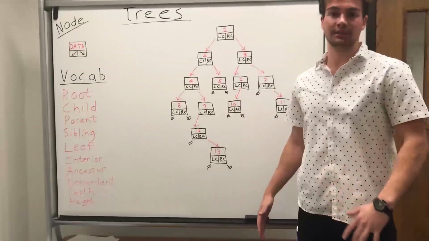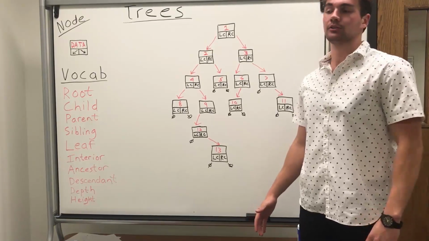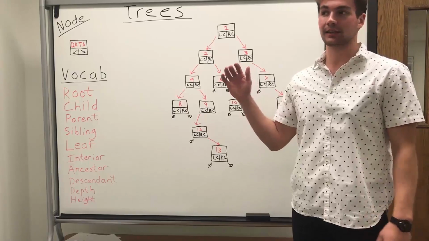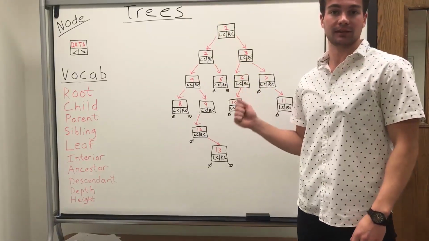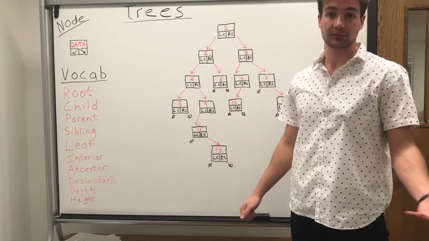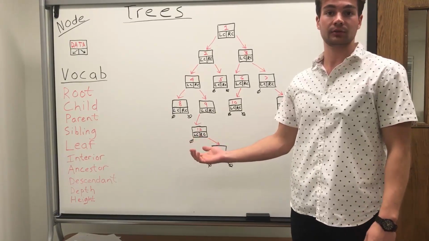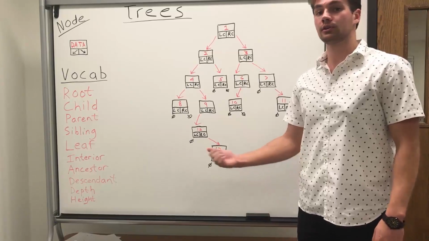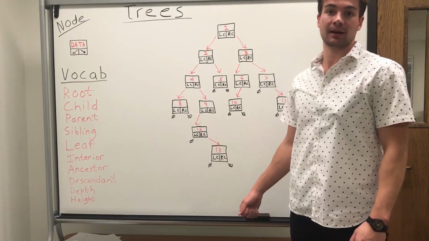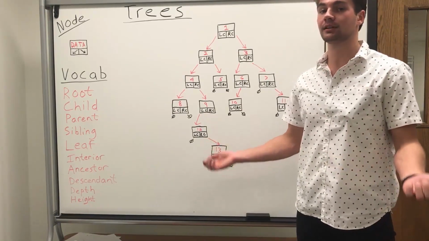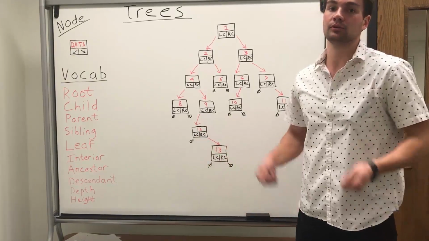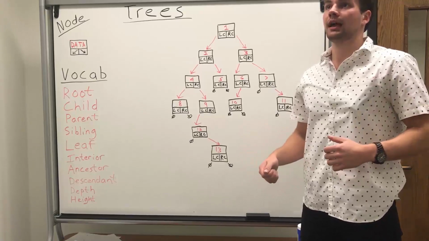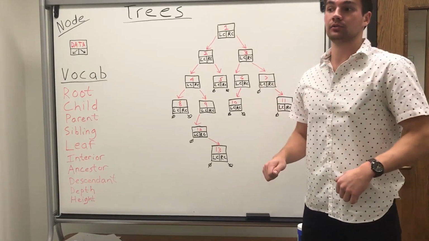So let's just rehash the data structures we've learned so far. We've learned about the array, which is good for accessing an element by index, grabbing it instantly. We learned about a linked list, which is good for adding elements to it. You can choose to implement a linked list with a stack or a queue. Both have constant time operations for inserting and deleting. Remember, stacks, you push on top and pop off the top, whereas queues, you enqueue in the back and you